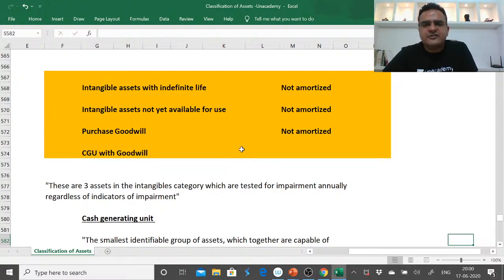Apart from them, if there is a CGU with goodwill, that is also tested for impairment annually regardless of indicators of impairment. So this is all regarding Ind AS 36, impairment of assets. I thought to give you a brief insight regarding this so that when we discuss this standard in detail with proper detailed indicators of impairment, the testing and the disclosure requirements of this standard, where it is applicable through the